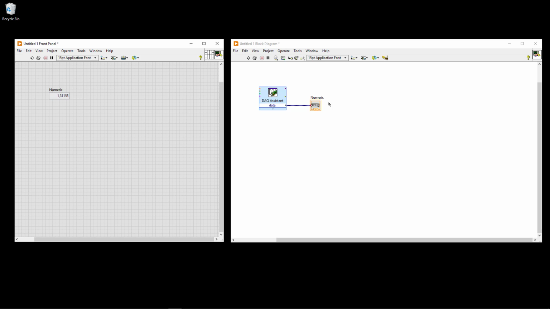So then let's make some small improvements in our application. Typically here you see the output of this DAQ assistant. It has a specific data type. This is called dynamic data, while this numeric is an ordinary double. So typically you want to convert to the proper data type, and then you can use a function called convert